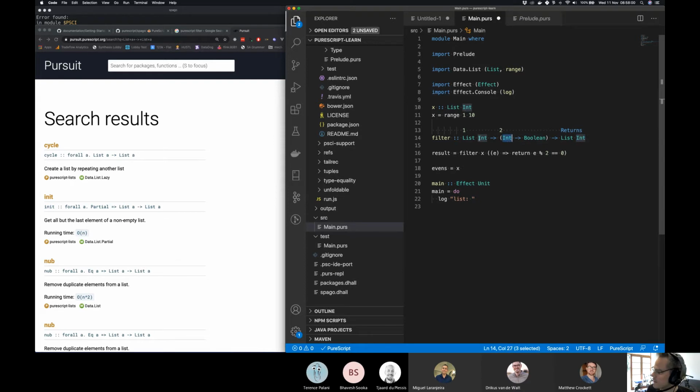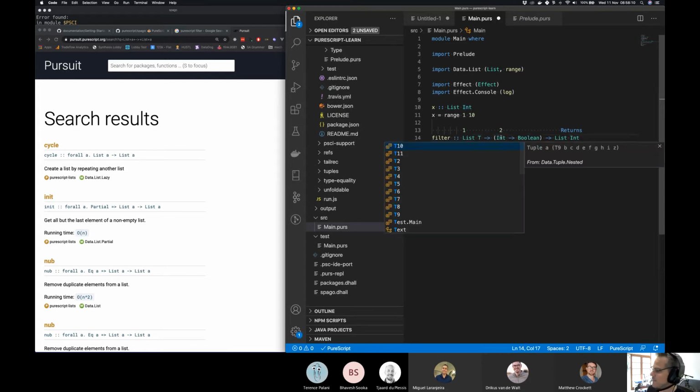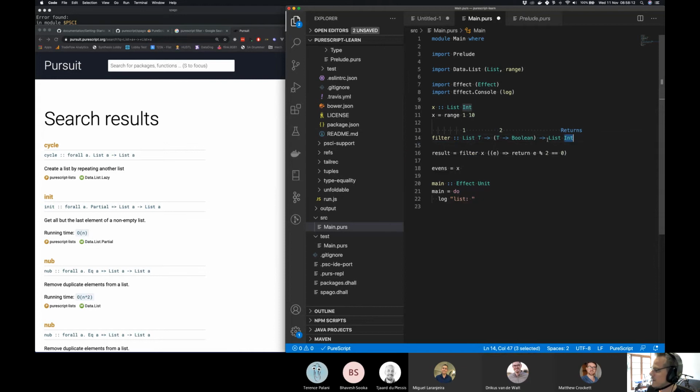So in this scenario, this could be kind of like a generic type. It could be type T. It could be a list of T, given a function that's given one of those elements of type T. As long as it returns a Boolean, I can give you back a list of type T. Make sense?